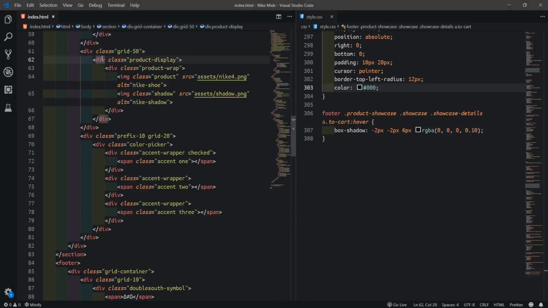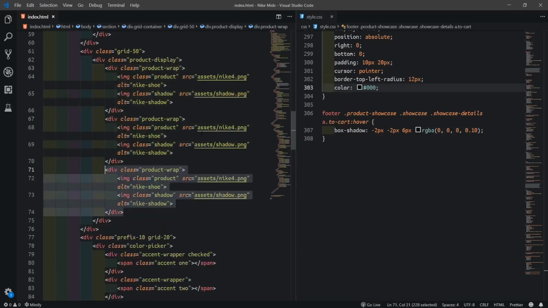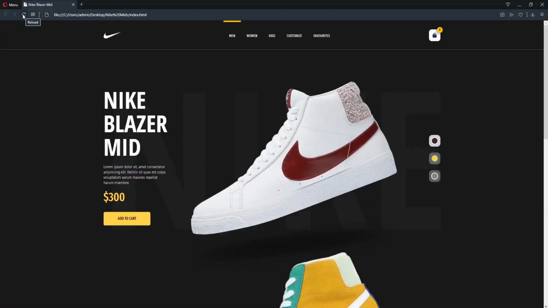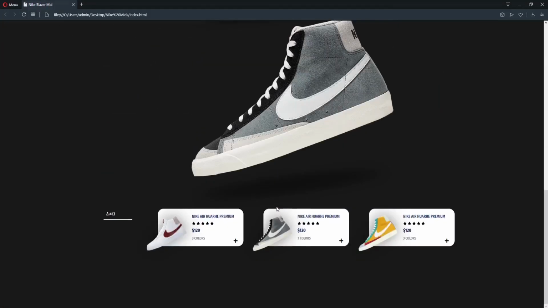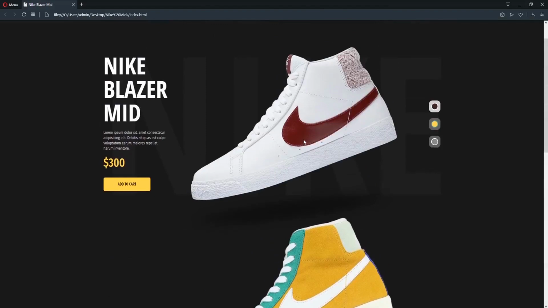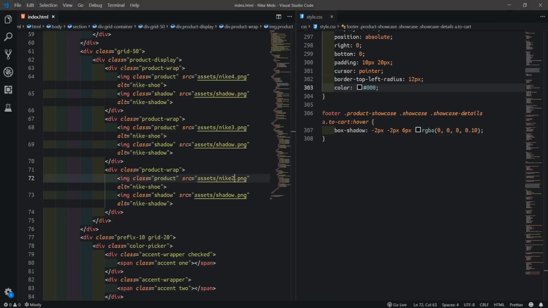That is product display. We'll go duplicate the product wrap like this. We get 3 and 2. So if we refresh, you see everything is scattered now: 1, 2, 3. So we need to stack them on top of each other. So what we'll do,